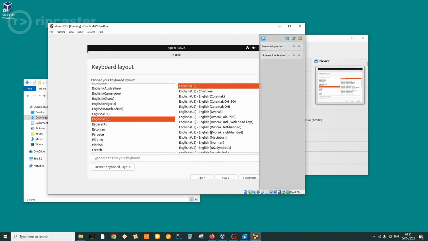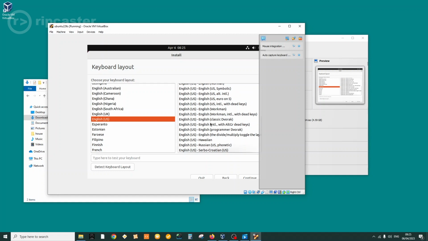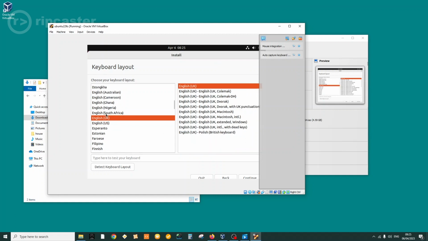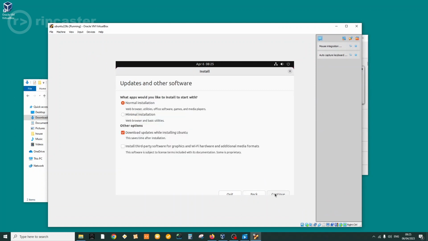And the keyboard we happen to have is UK. If I can find it. It helps if I go UK English. UK English. I'm just going to resize this, and you can see these buttons. Continue. I want a normal,